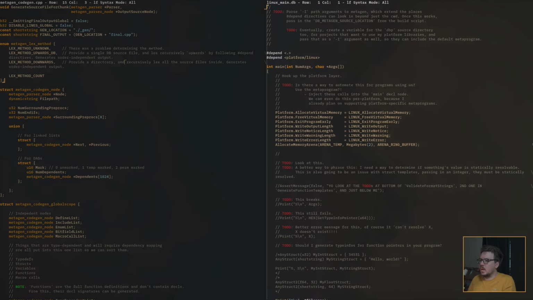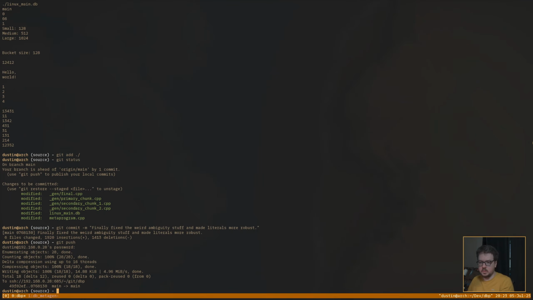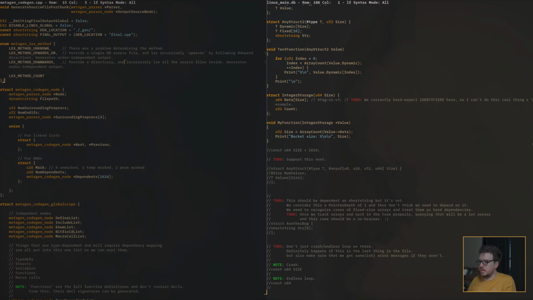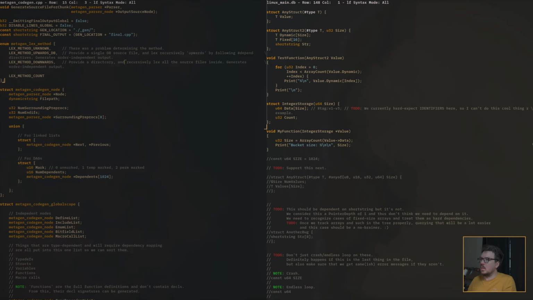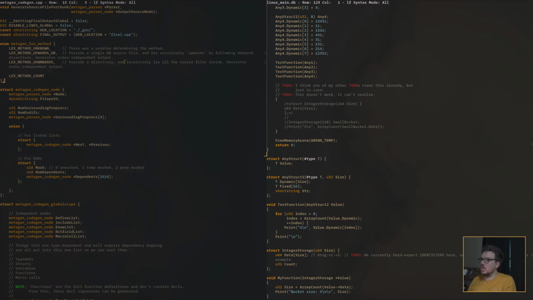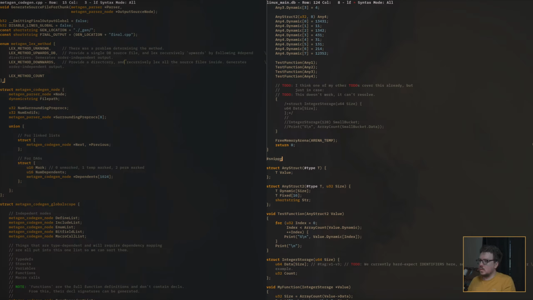Let's start by compiling, just seeing where we left off last time. We are compiling, we are running. So the thing I would like to do is let's make a snippet down here. Snippet, we'll just say stringify.